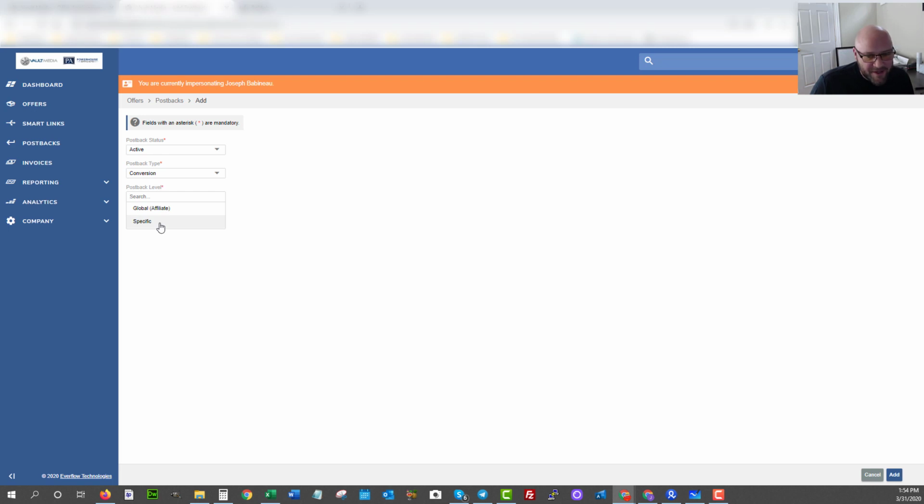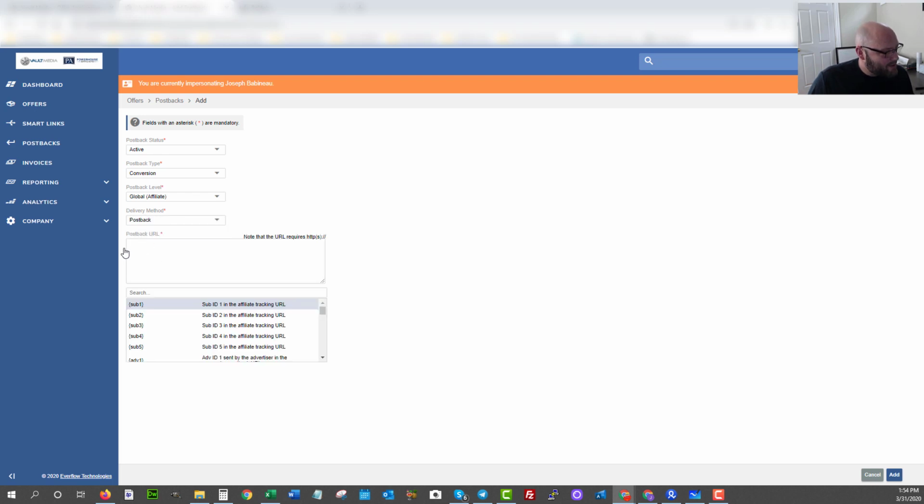If you want to do specific, you can go down to the offer level and select which offer you want this postback to fire on. In this case, let's just go with global. And the delivery method in this case will be a postback. So we want to put in our postback URL, paste it there, and now we're going to change a couple things. Where it says replace for CID equals, we want to put this sub1 token here. So we're going to change that to